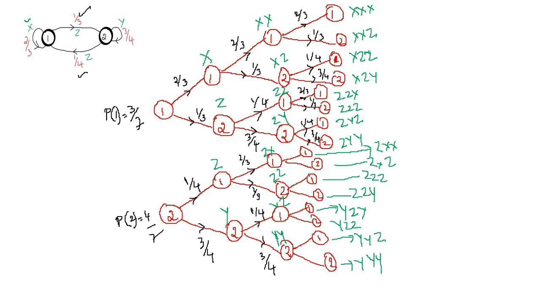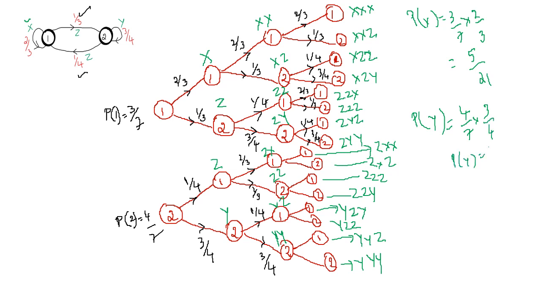So we have the first symbol interval probability as 3 by 4 into 2 by 3. So we can write P of x is equal to 3 by 7, that is the initial probability, into 2 by 3. So it comes to around 5 by 21. Similarly, what is P of y here? P of y is nothing but it is here. So here we can write it as 4 by 7 into 3 by 4. So what will we get for P of y? We'll get 3 by 7.